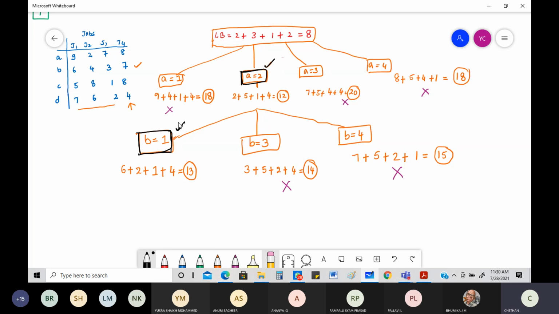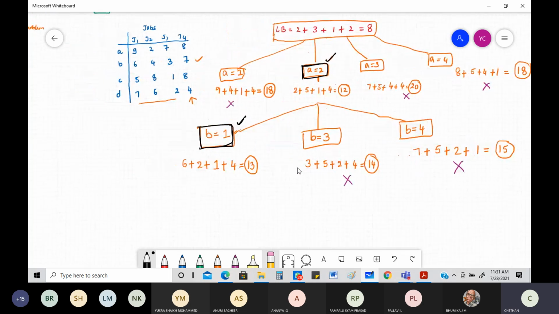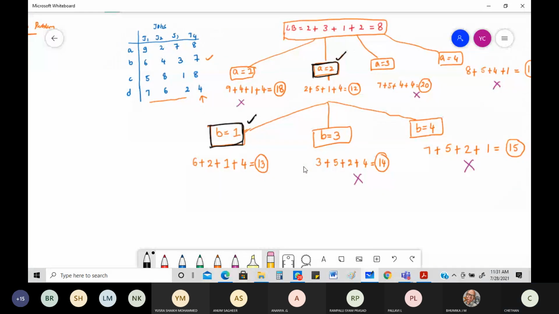Now there are only 2 jobs remaining, right? What are the 2 jobs? See, job 1 over, job 2 over, job 3 and job 4 are remaining. Who will be doing what? Either it will be between C and D. Very clear, it will be between C and D only. So let me figure out that also.